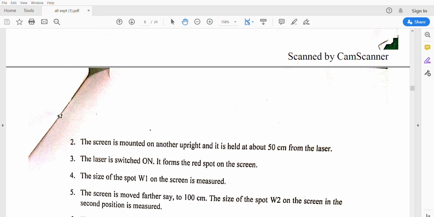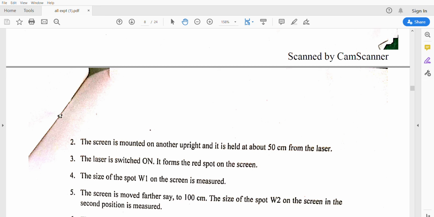We can keep it at any distance. By changing the distance, the d values will change. The d value should increase. First, the distance d between position 1 and position 2 should be 10 centimeters. In the second case, d should be 20 centimeters. In the third case, d should be 30 centimeters. So by considering these points, we need to change position 1 and position 2.